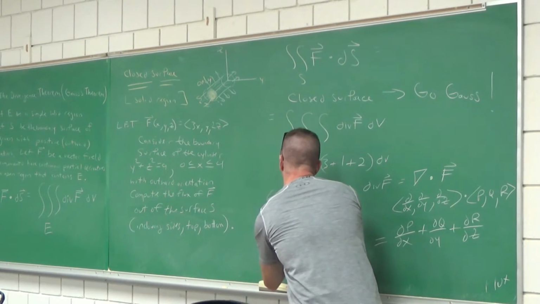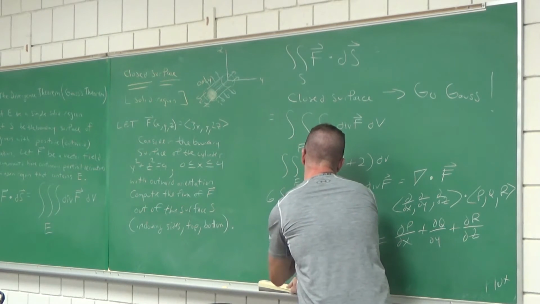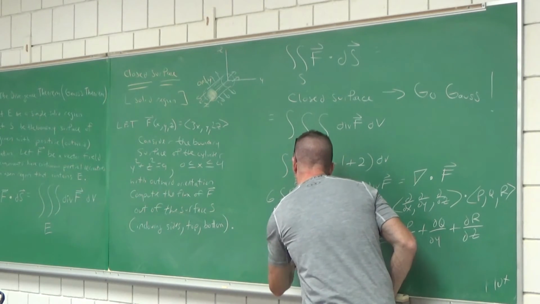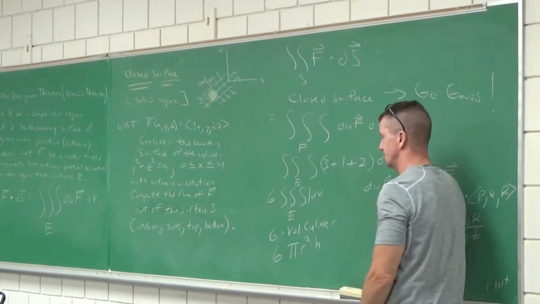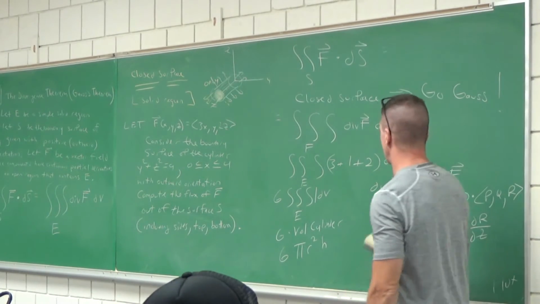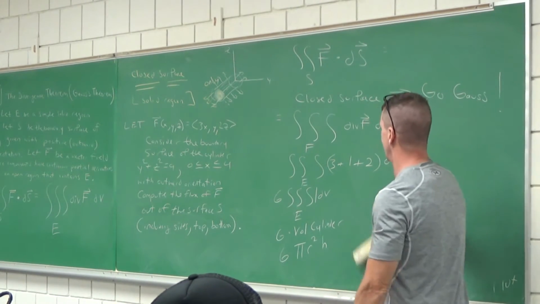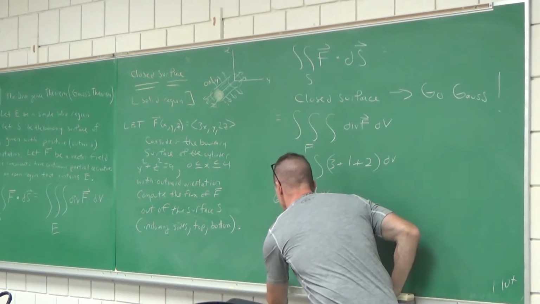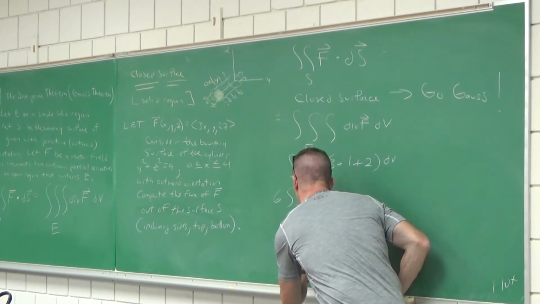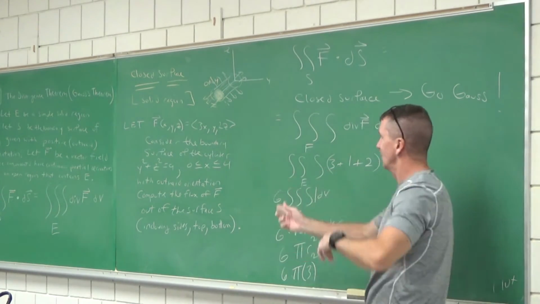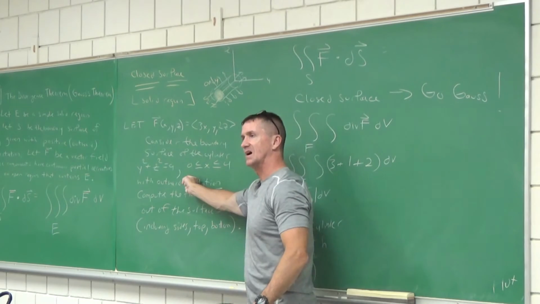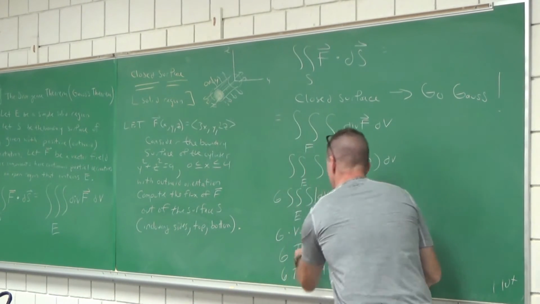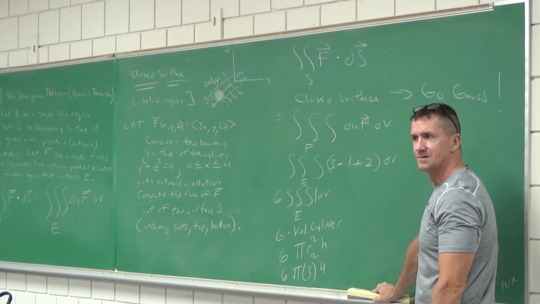He goes, it's 6 times the volume of the cylinder. What's the volume of the cylinder? It's pi r squared times the height. I'm avoiding the integral. I'm avoiding doing the calculus here. But what's that radius? 3. Great. What was the height, even though it's on its side? How far did that go, what was the height of that cylinder? 4, right? It was a length of 4 there. Brad, very good. That would be your answer.